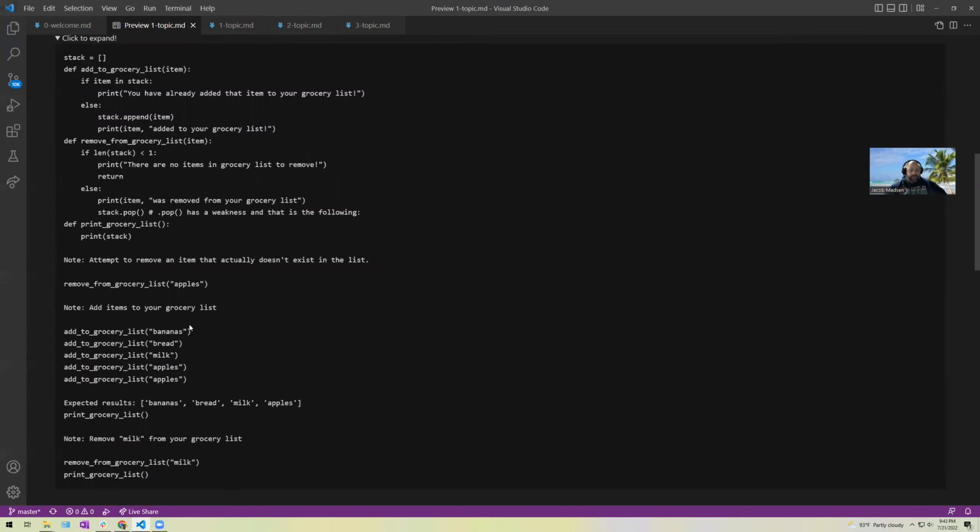So the first thing I'll do is try to remove something from the list to make sure that I get the error message right here, that there are no items to remove. I will add bananas, bread, milk, apples, and then I will attempt to add apples again to make sure that